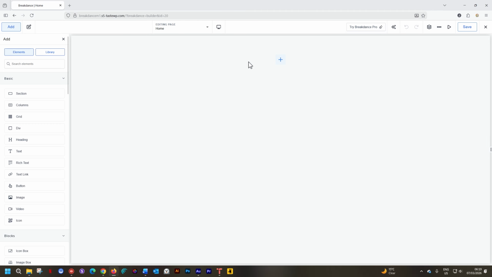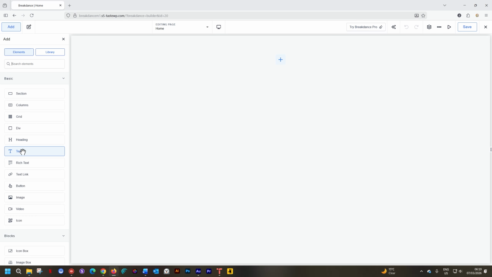I'm going to build something very quick, just a heading, so we can talk about the colors. To start building, click on the plus in the middle in the empty canvas, and from the elements, you can go and select text. Now remember, at the very beginning, I told you you can do nothing on this page